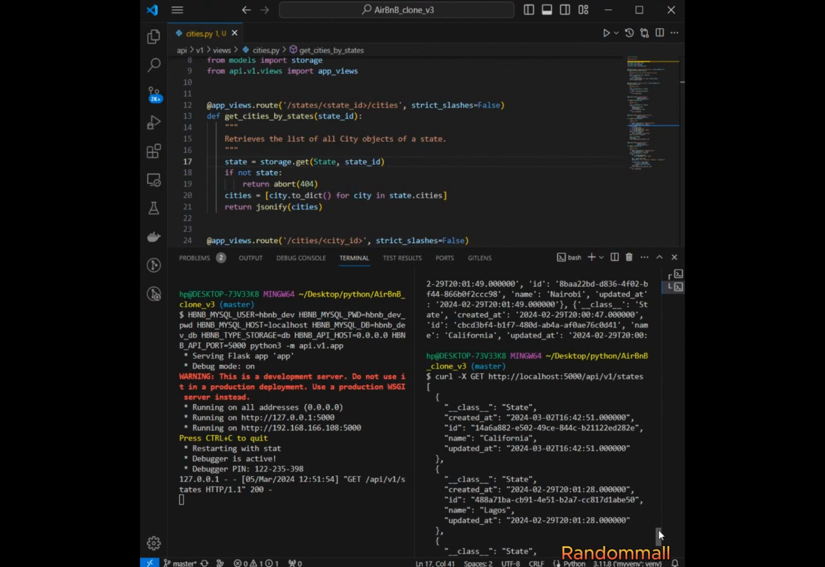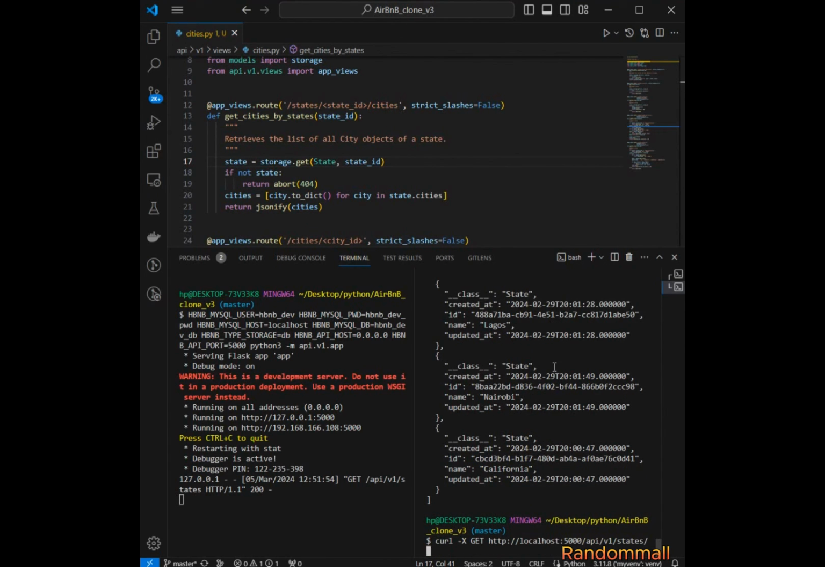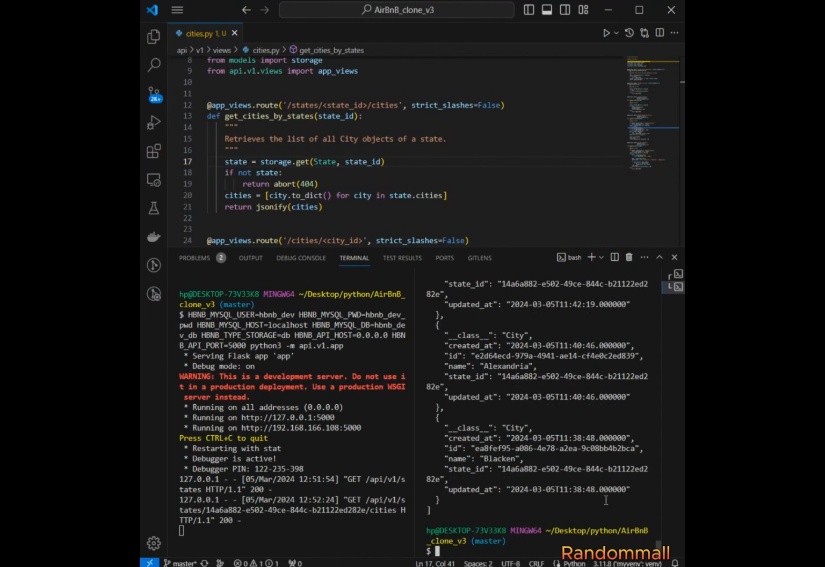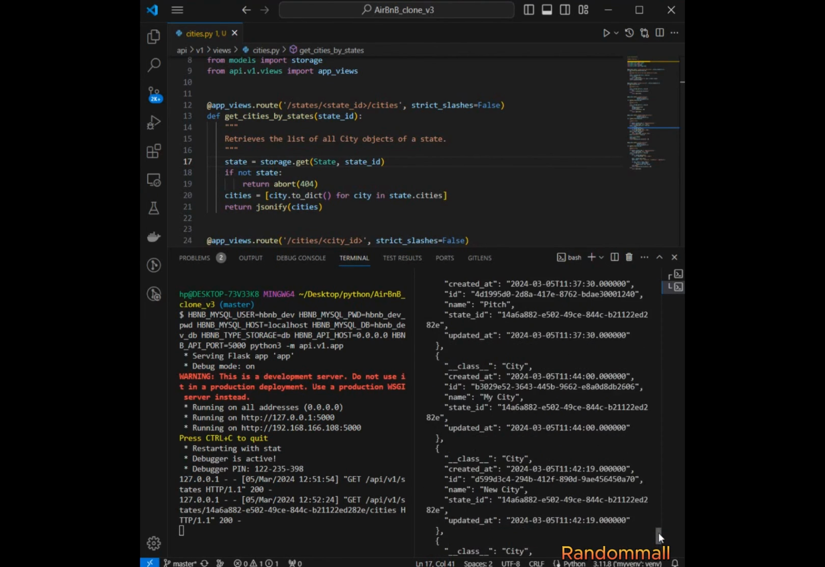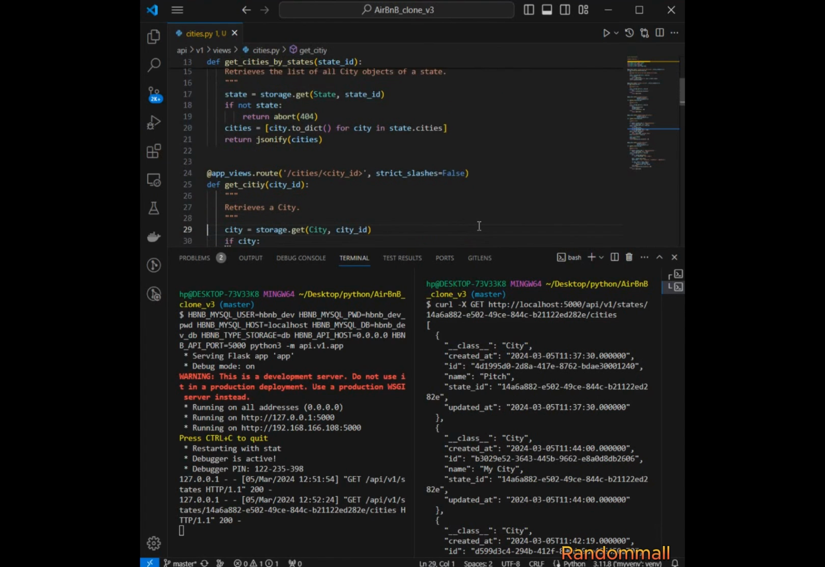So I'll pick this first one, and then we know that this route is expecting state ID and then cities. So I'm going to pass in the state ID, then followed by cities. So here we are getting a list of cities associated with this state ID, and then we are going to test